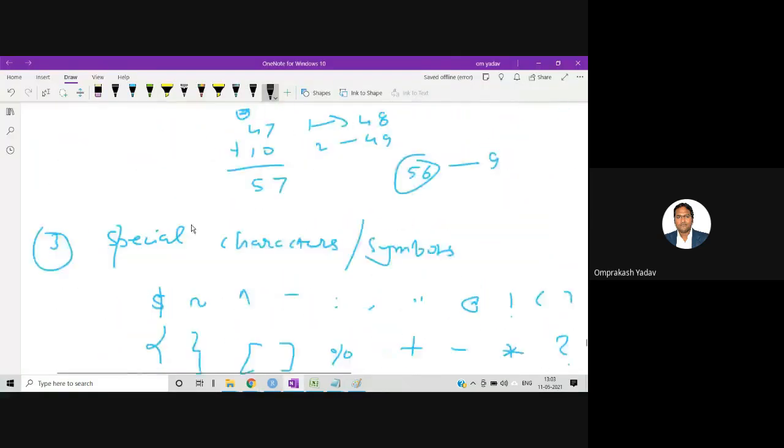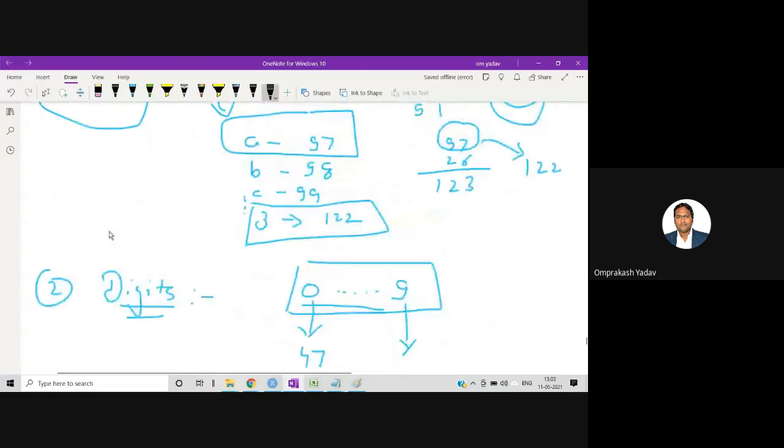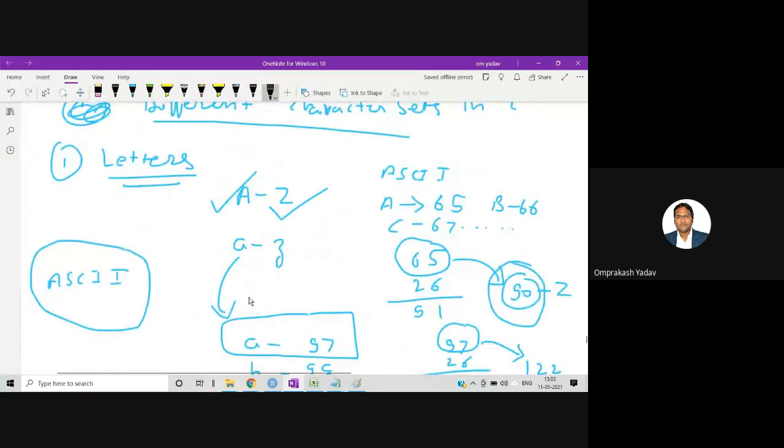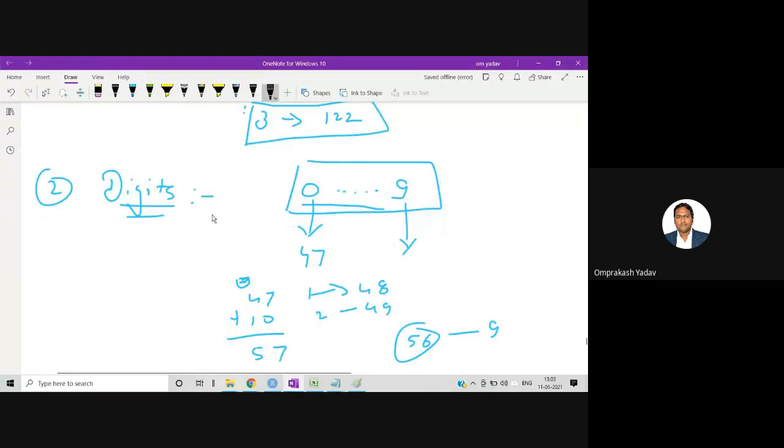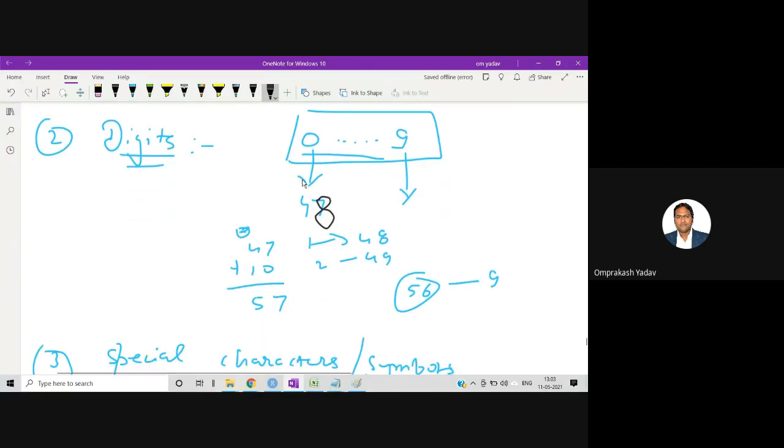Okay, so we were discussing these digits. There is one correction: digits start from 48, not from 47. 0 has the ASCII value 48, 1 has 49, 2 has 50, and so on up to 9, which has 57.